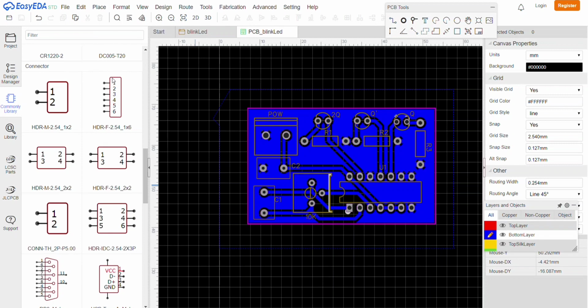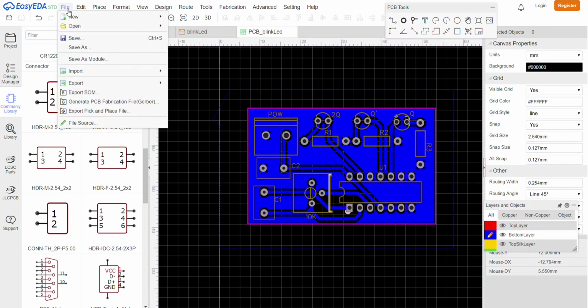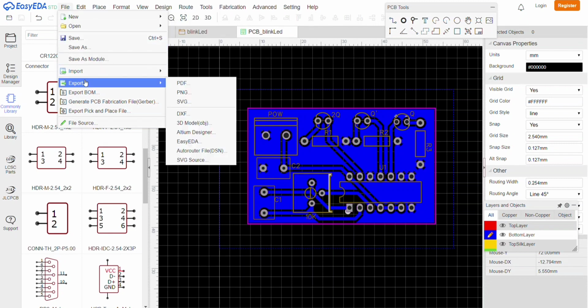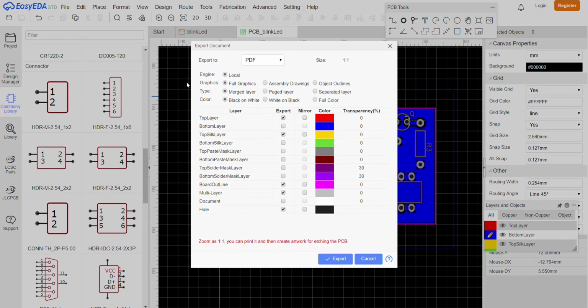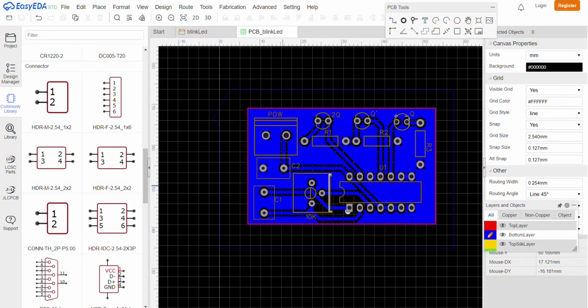Here you can select the folder where you want to save your Gerber file, then I'll click next. Now you can also export the file as PDF or SVG or PNG. So I'll select PNG, or you can select PDF also. First we need to print the top silk layer. So I'll select top silk layer, board outline, multi-layer and hole, and I'll select black on white, then I'll select export, and it will save